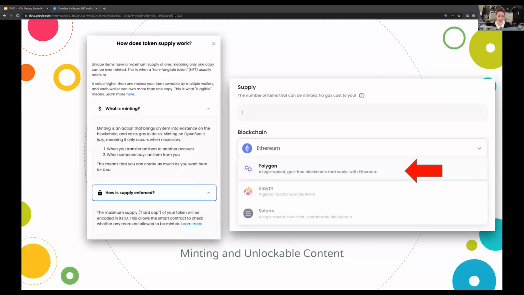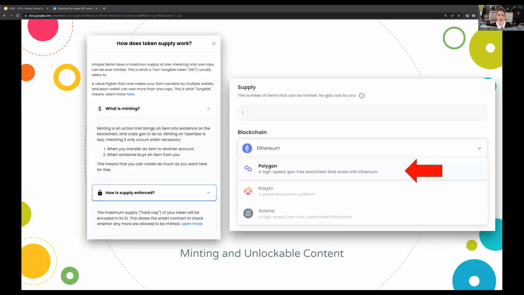So unlockable content, you may be, as you're making your way through, right? Unlockable content is sometimes referred to as minting. Minting is a term that gets thrown around a lot, but it's really been applied in two different ways that we see frequently. The primary way that you hear it is in reference to the launch or release of an NFT through one of these blockchain platforms.